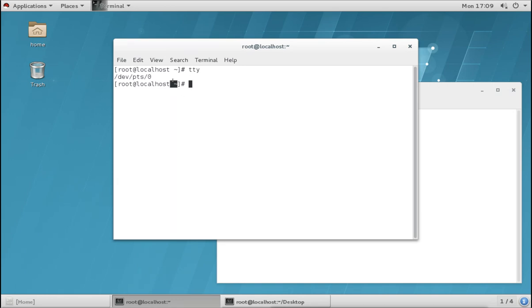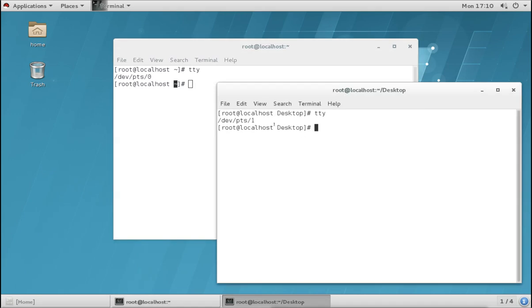Now this symbol actually means the user is in the home directory. So whenever the user is under the home directory of that user, it will not show the name of the directory, it will show this symbol. So whenever you see this symbol as a directory name, then you know that the user is under their home directory. And if the user is in any other directory, you will see the name of that directory.